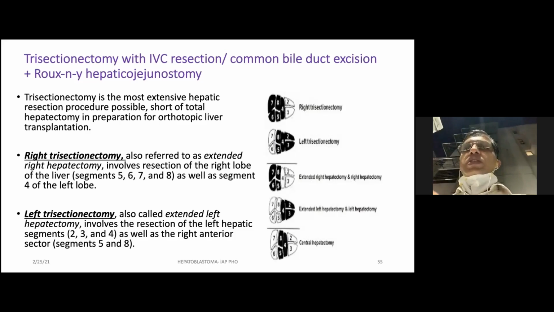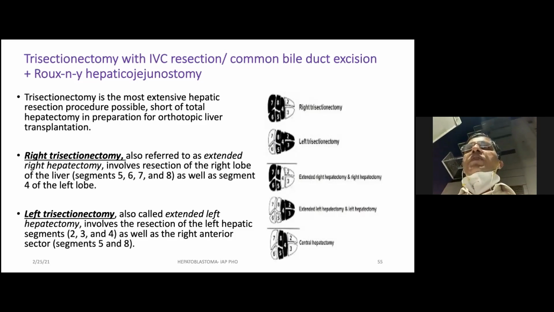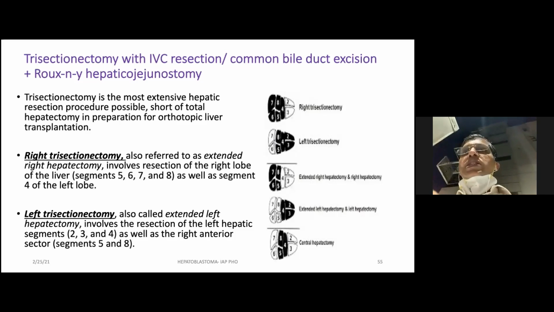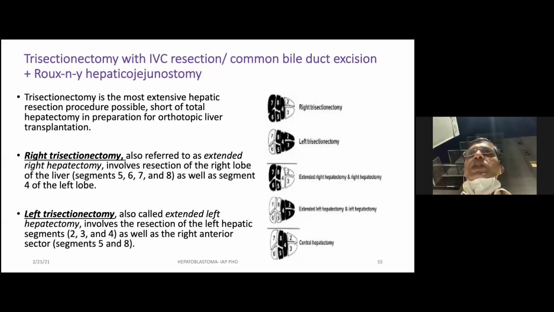As in this case, this was done in an outside center which is more experienced with liver transplantation. So the transplant surgeons can do a very good trisectionectomy with hepatic resection and IVC resection with reanastomosis and a hepaticojejunostomy. In case this patient lands up with a near total hepatectomy, then they have to do a hepatic transplant. So they take a risk and they do a